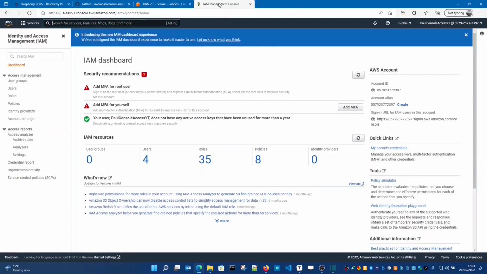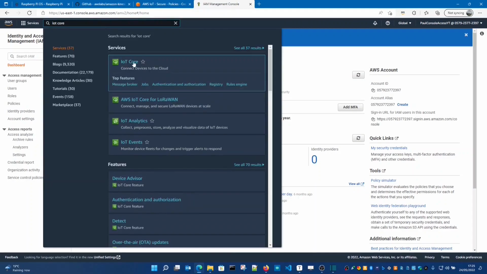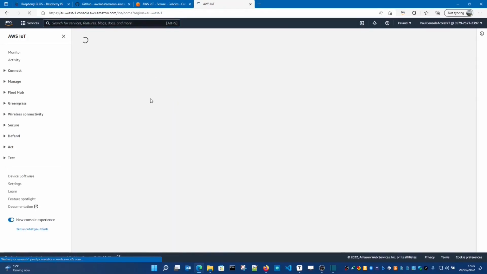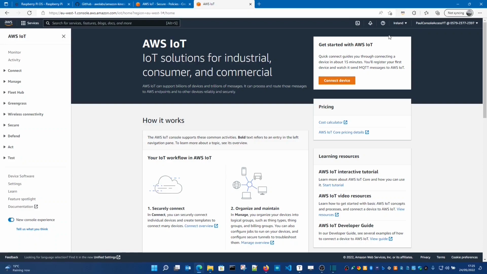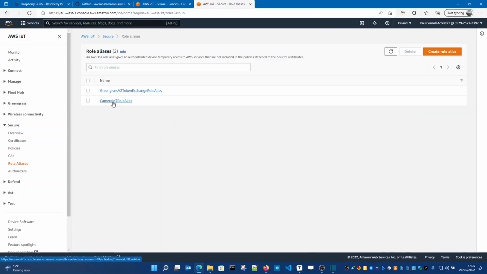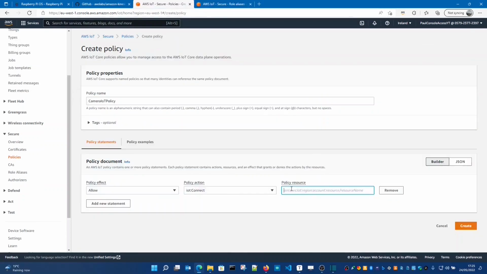So if I just switch to another tab and make this one go to IoT core, we can get the ARN of the role alias that we want to connect to. So again, just make sure that you're definitely in the region that you want to place the devices. So if we find our role alias, which is this camera IoT role alias, and copy this on into here,